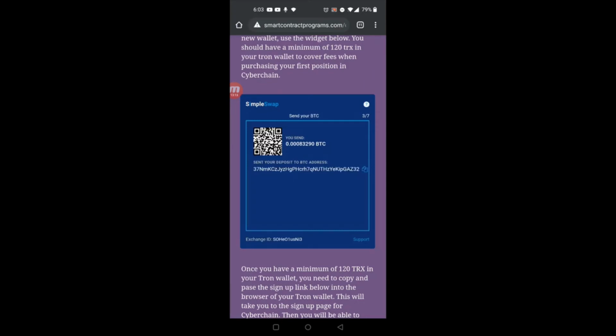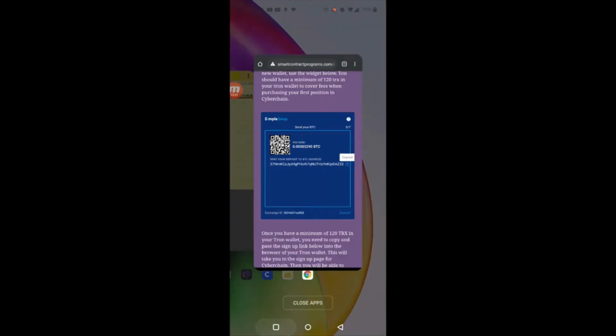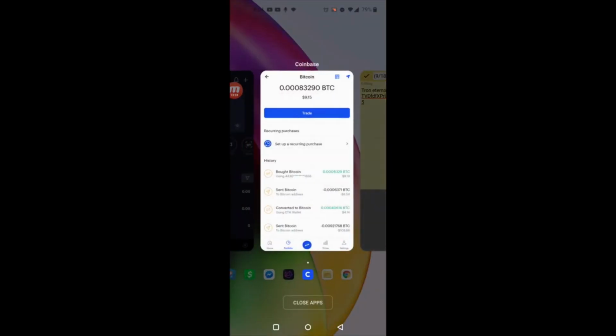So then it's going to tell me the Bitcoin address to send that Bitcoin to. Once that Bitcoin goes to that address, this service will automatically exchange it into Tron and send it to that Tron address. So we're going to copy this, go back to Coinbase,